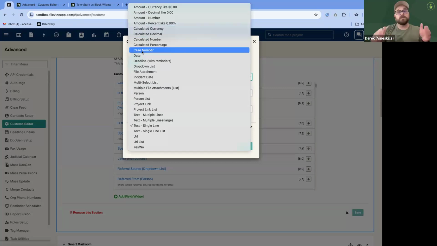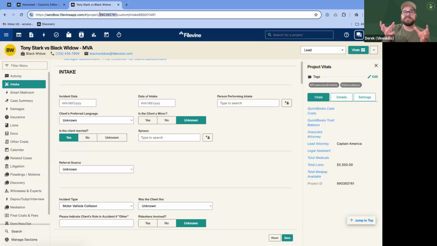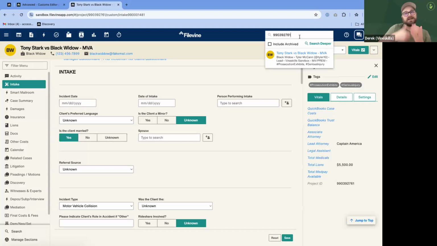Case number is not something all firms use, but it is a way to go. You can add this field and it will override your project ID when it comes down to reporting information. If you just pull your project number instead, the project ID naturally appears right here. So I generally say it's usually better not to use a case number field for the end user. If you don't have to, I wouldn't, because I can copy that right there and paste it and find the exact one. So it makes it really easy to say,